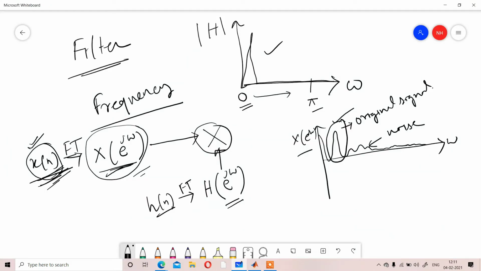Just keep in mind. So if you get that type of structure, in that structure, that part defines the signal part, the frequency of the signal, and that part defines the noise of the signal. So what you have to do is design a filter where only that part passes. Suppose that frequency is omega 1, that frequency is omega 2, between omega 1 and omega 2 only that frequency you want to pass, removing the other part. So you have to design H(e^jω), which is basically your filter, like that.